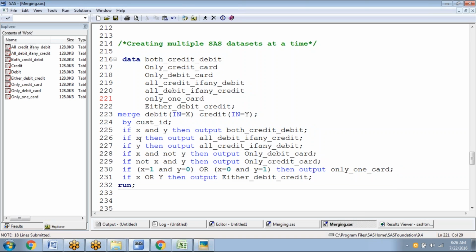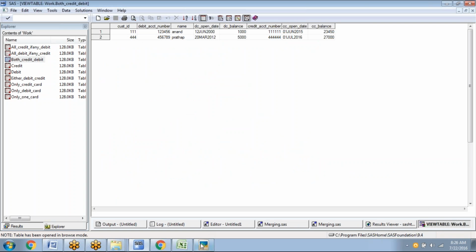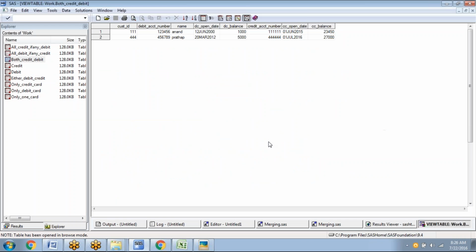Let's open the first one, both credit and debit. So you got the common part, both debit and credit. So 111 and 444. This is absolutely fine, not a problem. Next,